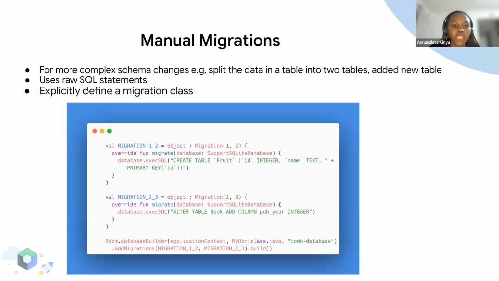Yeah, so you need to explicitly define a migration class and then write statements to tell Room how to migrate comfortably. So this is an example of,